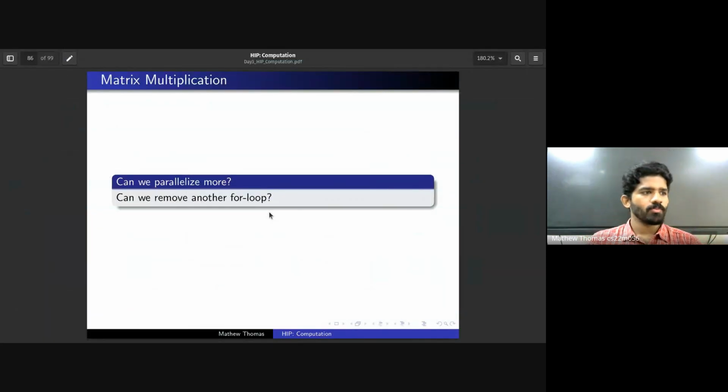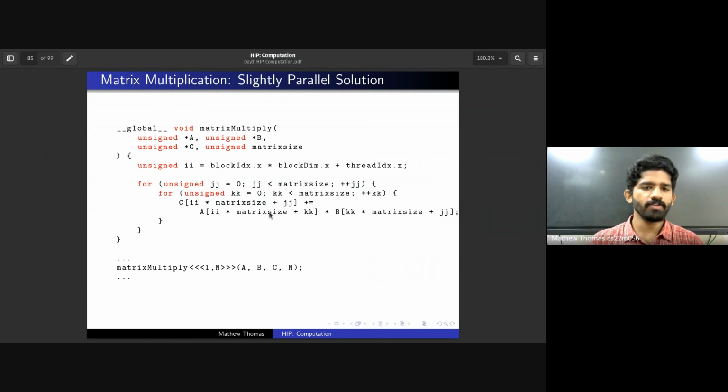Okay, so I'm hoping nobody has any doubts and everybody has understood everything so far. Regarding removing the second for loop, it is possible. We can launch n threads for each of the columns of B. But when it comes to removing the innermost loop, which is the K loop, I think we may face some issues. If we are launching n square threads for each element of both matrices A and B,